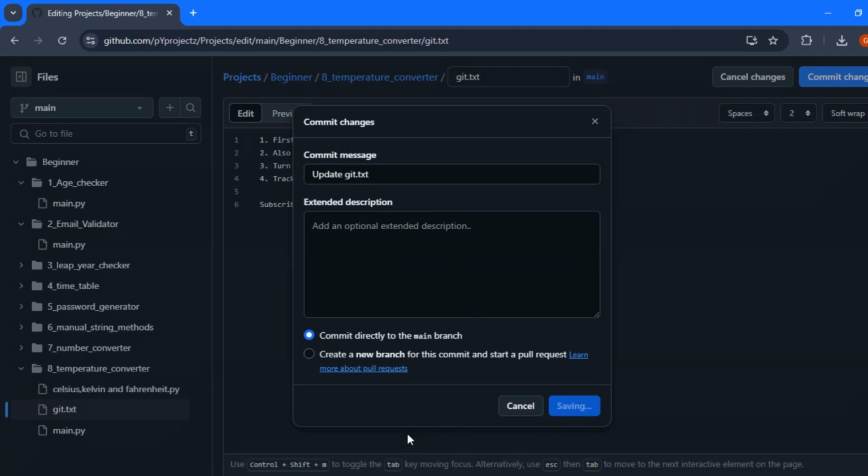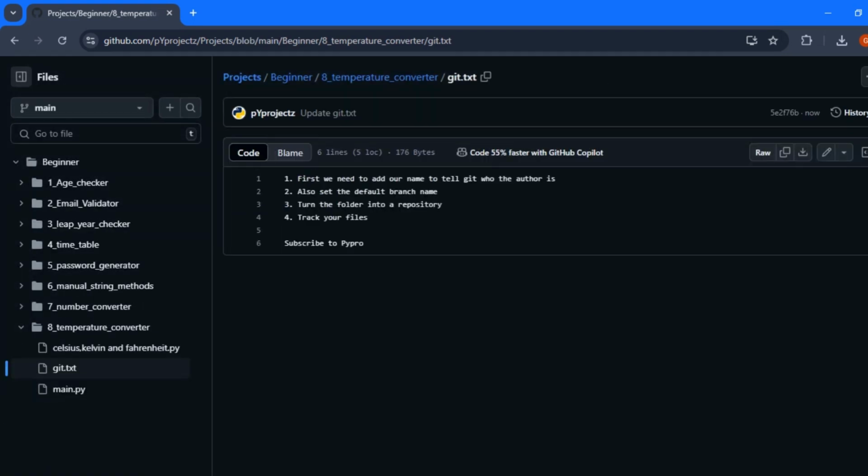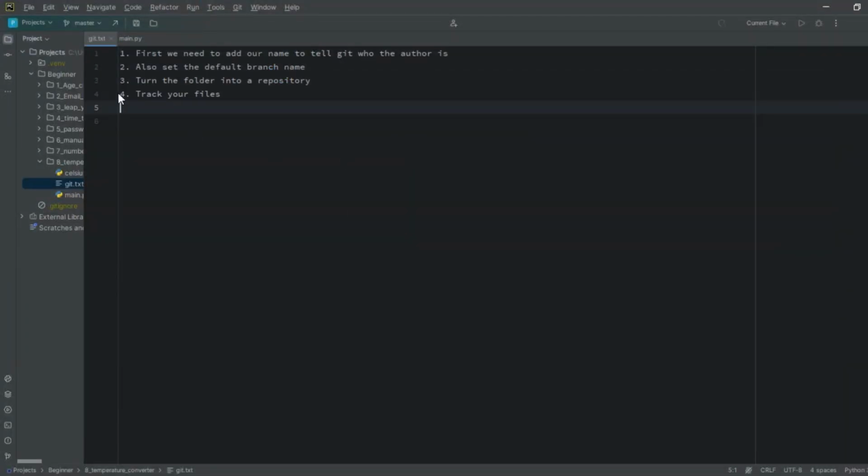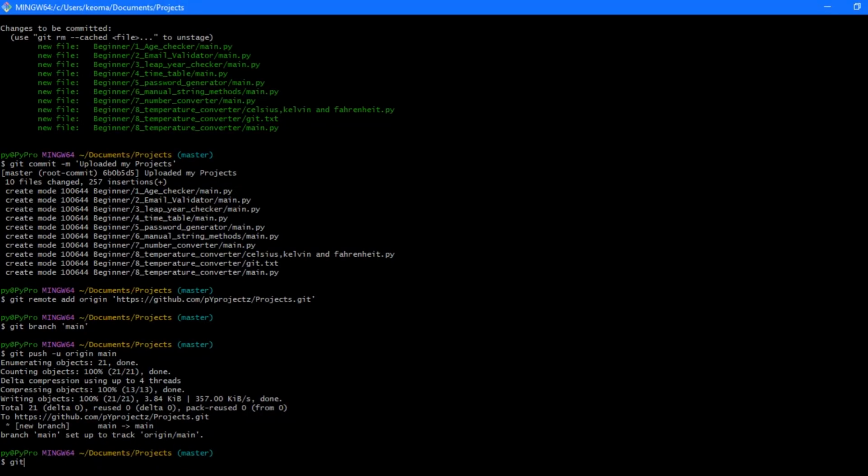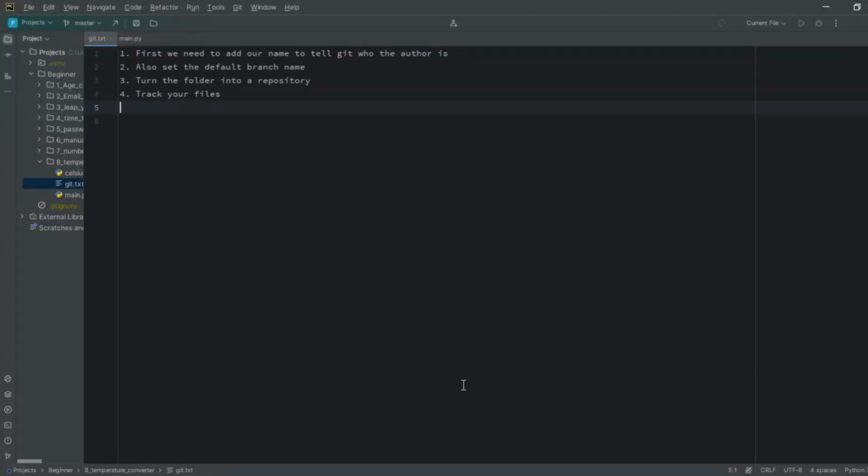If I click on commit changes, I come back to my IDE and nothing happened. In order for that to reflect here, all I need to do is git pull, meaning I'm taking it from the GitHub repository. And once I click enter,